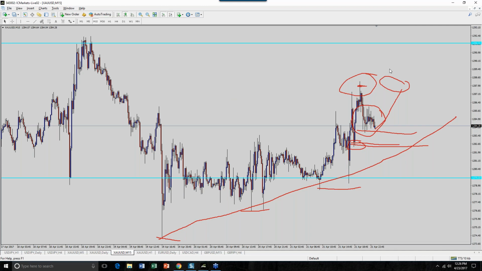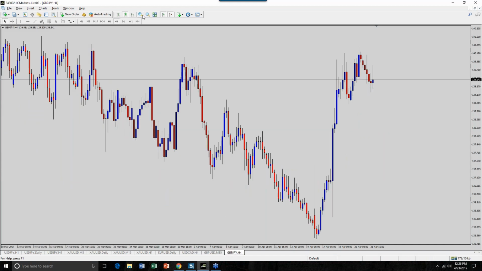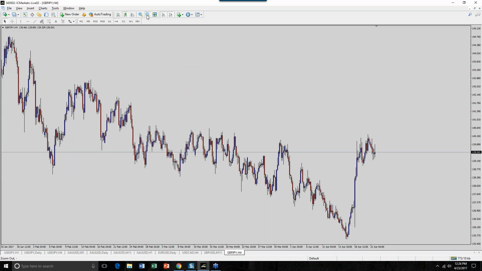So let's go ahead and look at the pound Japanese. I guess I'm not done yet. Okay, give me a second. I haven't looked at the pound Japanese. A lot of people trade that, but I don't. Okay, so